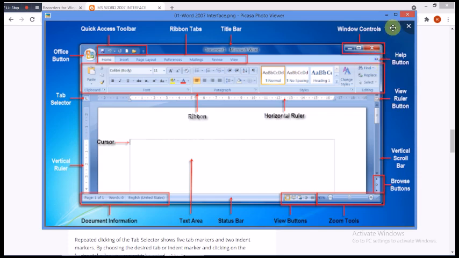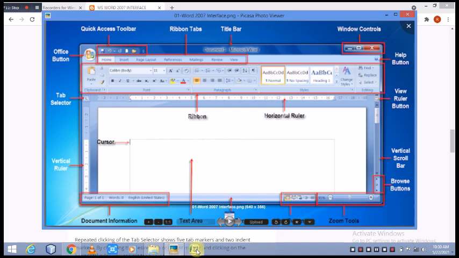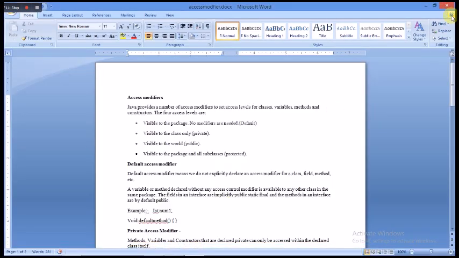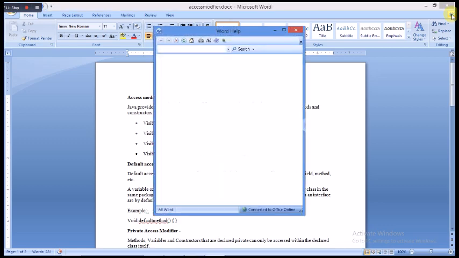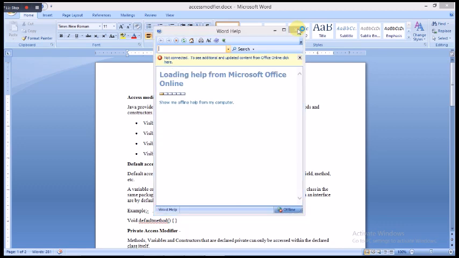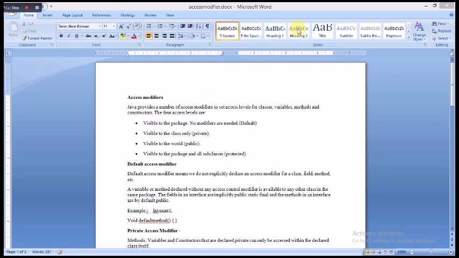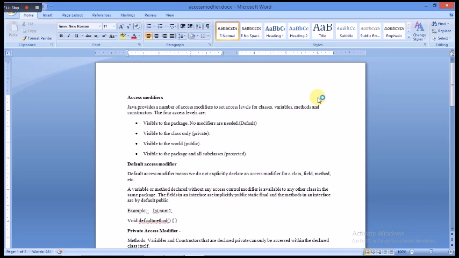Anything we need, we can find in the help option, or by pressing F1 you can also get the help option.